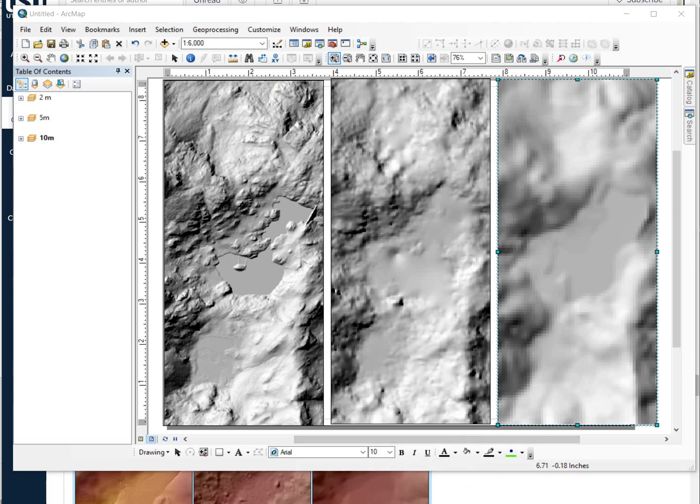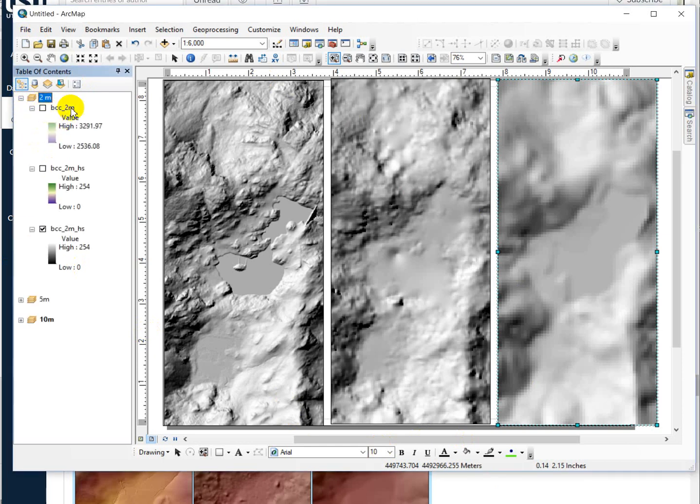So what I'm showing you here are the three data sets side by side. I just created three different data frames. One's got a 2-meter elevation model and corresponding hillshades, and same with the 5-meter and 10-meter. This is the LiDAR data set, and you can clearly see its ability to pick up a lot of very fine details, and we get a solid lake or reservoir surface elevation, which we get a little bit in the 10-meter data from the National Elevation Data Set, but it really looks like puddled mercury in the 5-meter data set. Like I said, check out this other video that talks about how these data are built,